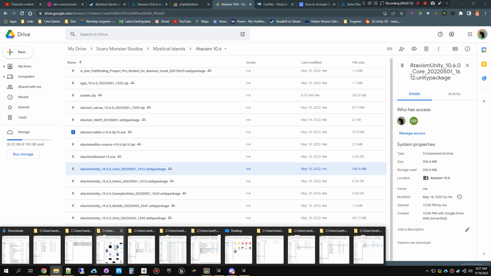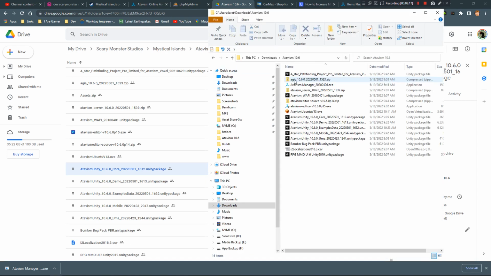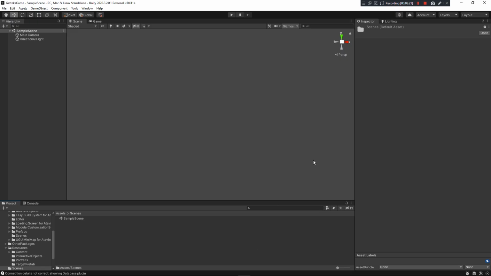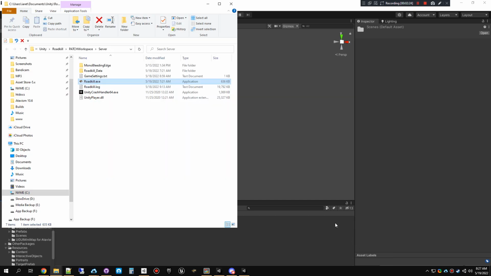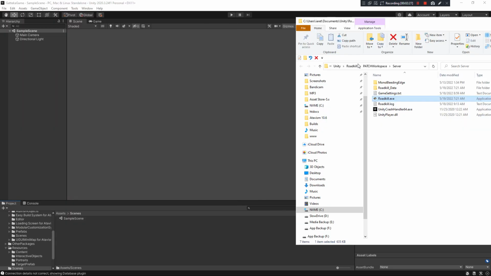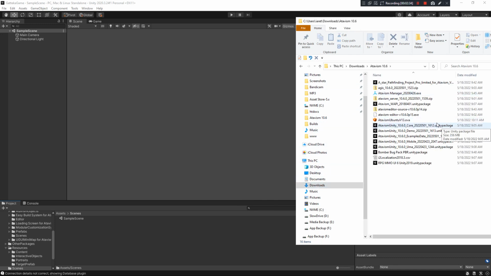You're going to download that, and you're just going to drag the core right here into this bottom in your project. This is where all the files and the assets go. You're just going to drag it here and drop it,